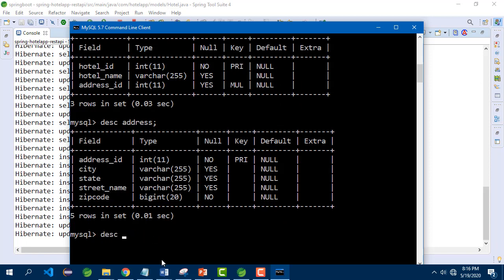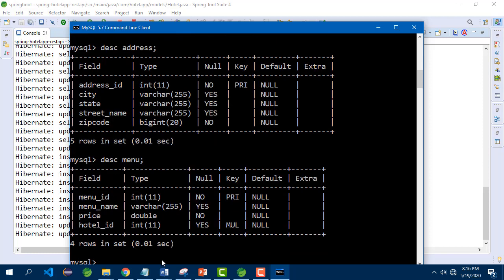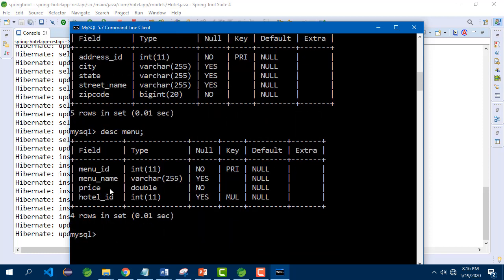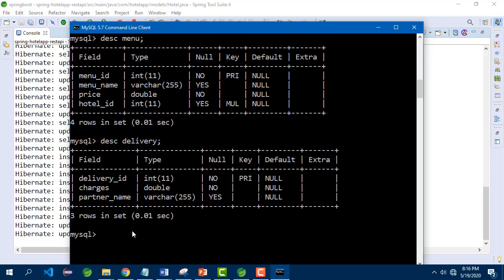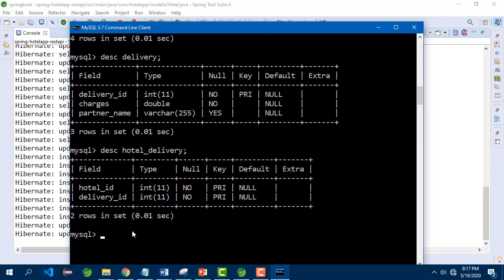Then describe menu: menu ID, menu name, price, hotel_ID is the foreign key sitting in the menu table. Next is delivery: delivery ID, charges, partner name. And also of course we have hotel_delivery.